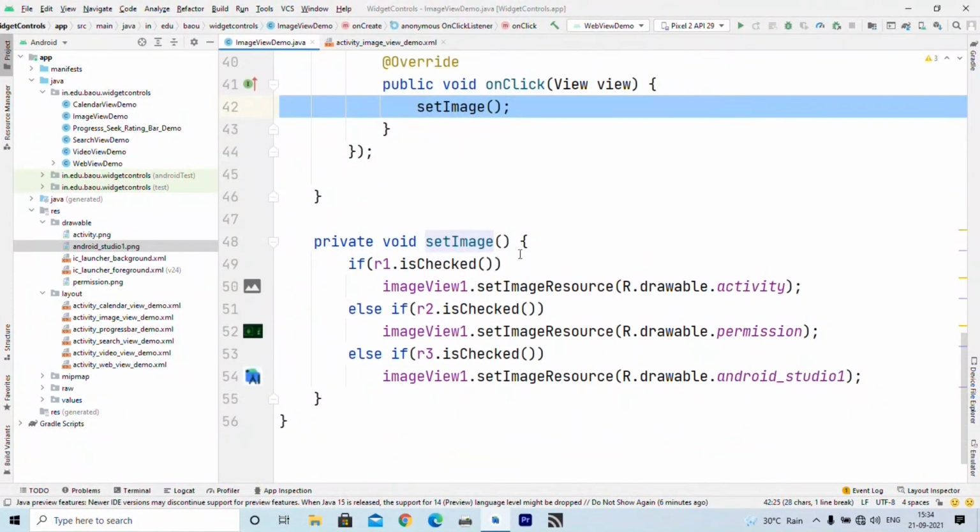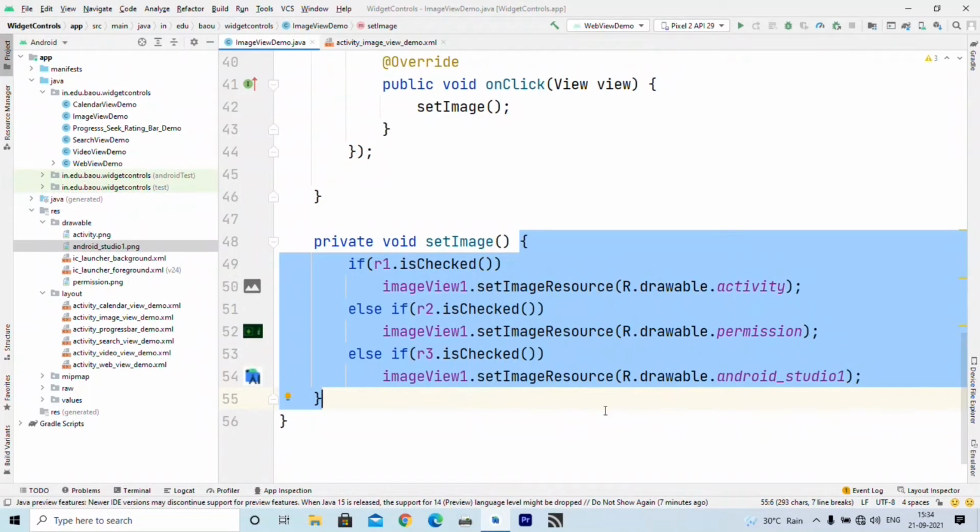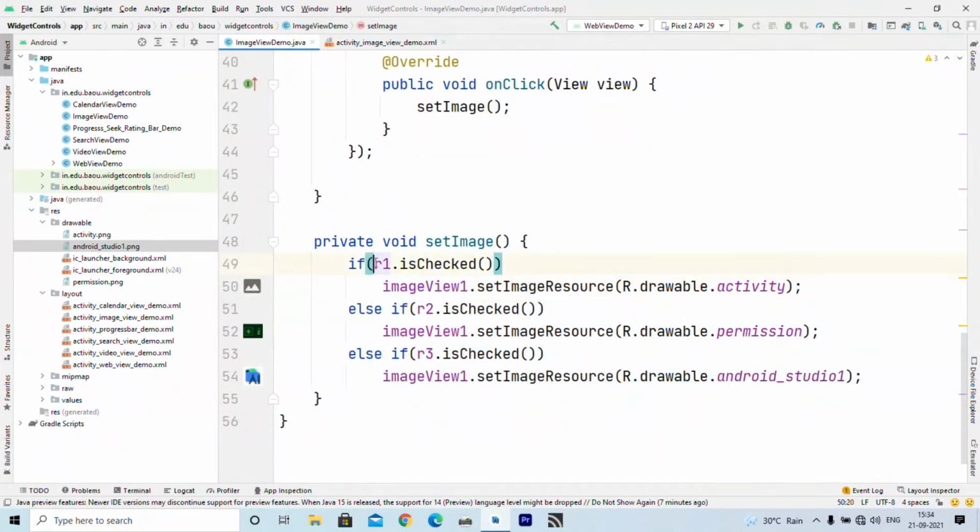After onCreate you have to write this function: private void setImage. This function returns nothing, so my return type is void. This function is private to this class only, my function name is setImage, and it does not take any argument, so it is an empty bracket. Now inside this function definition I have written: if R1 is checked.